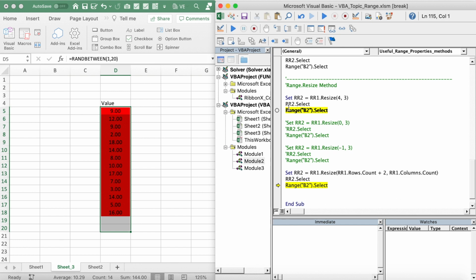Let me clean our code again. Let me remove the toggle breakpoint from here and insert the toggle breakpoint over at this place, and let me reset our macro. So let's recap what we have learned till now. We have learned to use the .resize method, wherein we can enter positive integers as arguments to the row size and the column size, and we can use the read-only properties .rows.count and .columns.count. To add onto it further,